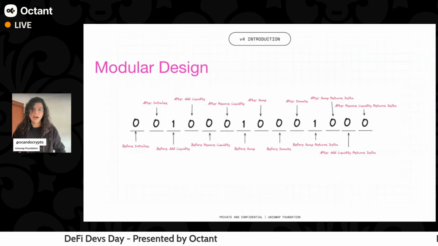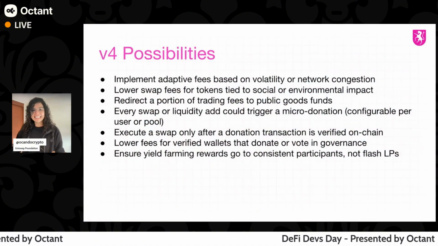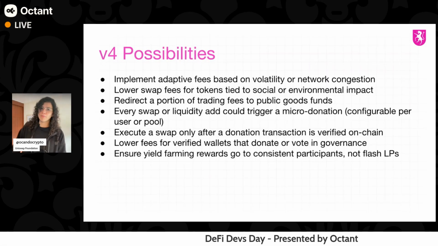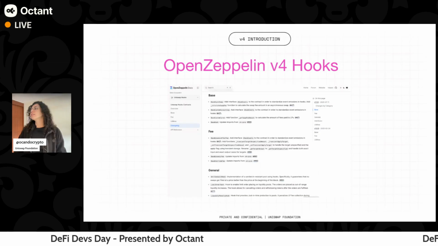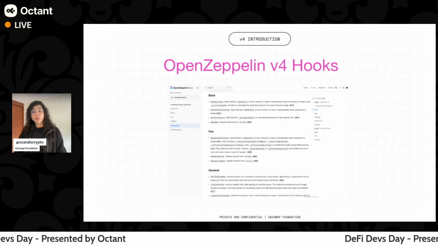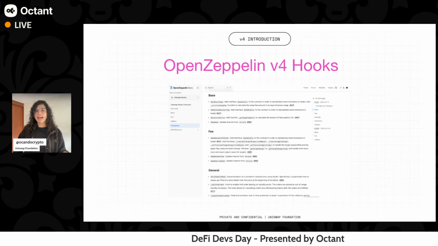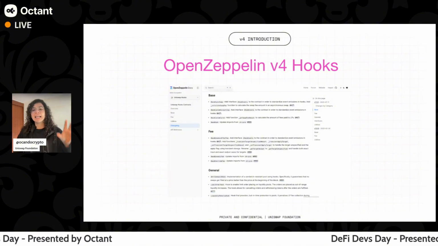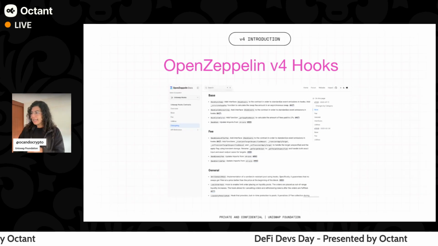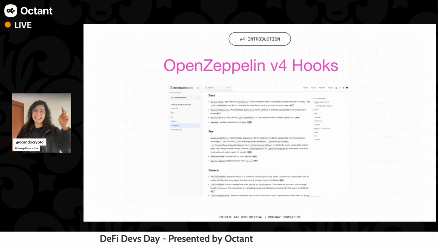Or again, ensure that yield farming rewards go to consistent participants and not flash LPs. So these are just some of the possibilities. But my call out here is that in this space, we have few resources with hooks already built. So in this Octant DeFi Hackathon in particular, we are not looking for people to build these hooks, but rather to implement them. So we have few resources that, again, I sent some of these resources in the Telegram group,